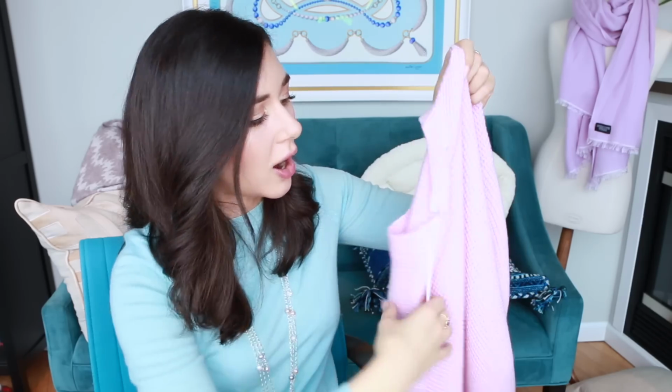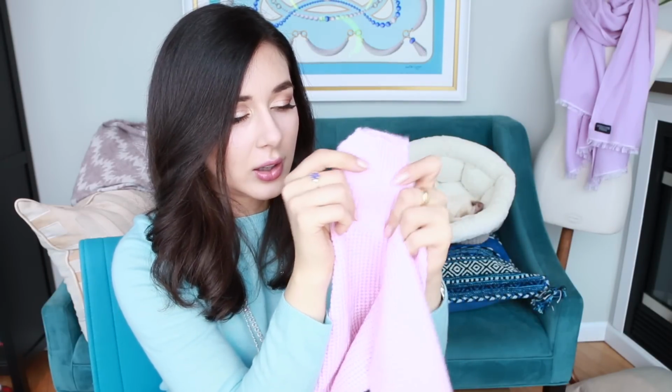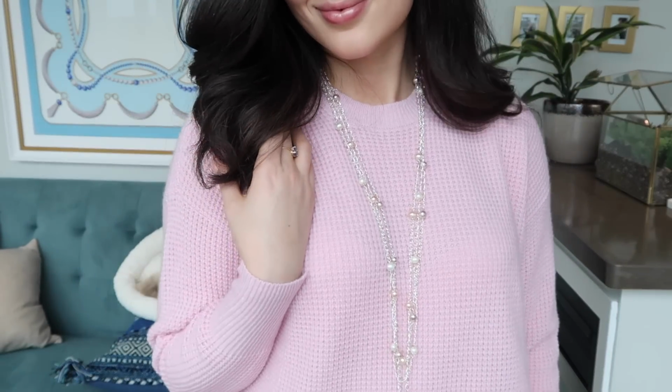This is definitely a bit more of a fluffy cashmere. I can see a few little hairs coming off, but it is extremely soft, and it is much nicer feeling than those V-necks that I tried on, which honestly felt like wool. I know it said 100% cashmere, but to me it did not feel like cashmere. It felt like a traditional sheep's wool, and that's probably a large part of why I was not a fan of it. I really like these little sleeves that are ribbed, and then it goes into the waffle weave. It's not too heavy, not too